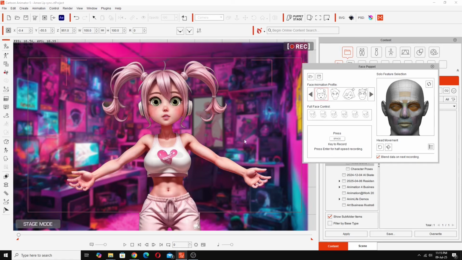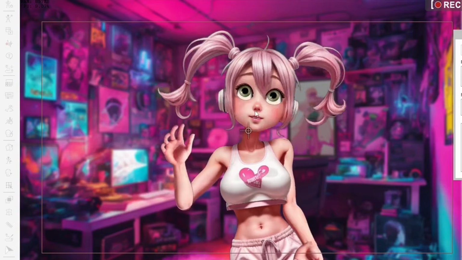So I'm just going to hit the space bar, put the cursor just below the chin, and